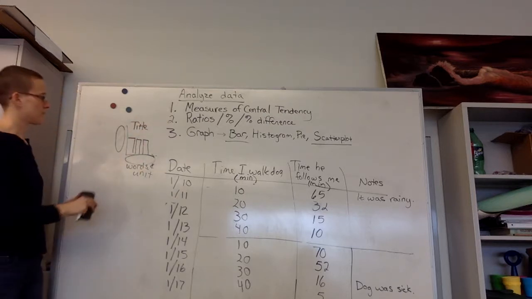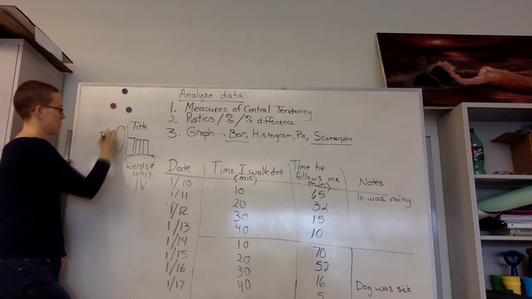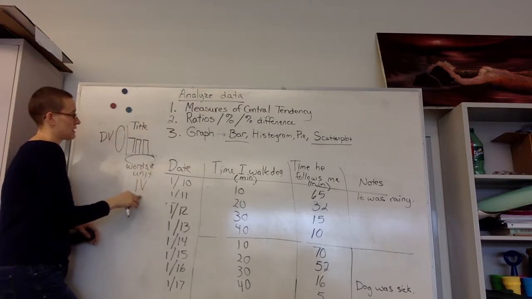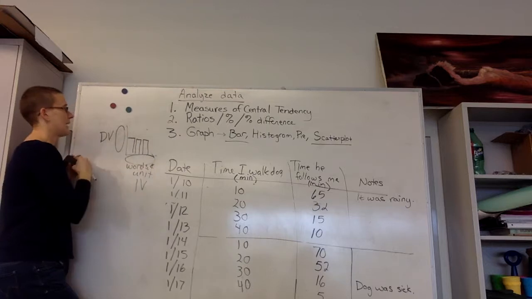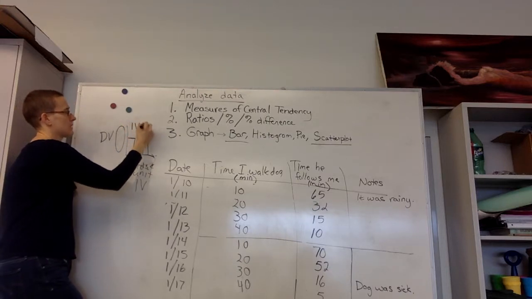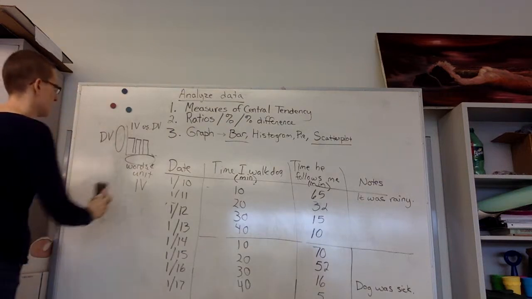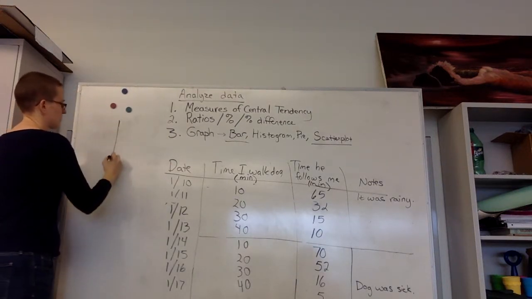Typically, your independent variable will go on the x-axis, and your dependent variable will go on the y-axis. Your title will be independent variable versus dependent variable. And you'll have to put in your specific independent variable and your dependent variable. Now, some of you are also going to be doing a scatter plot. So a scatter plot,